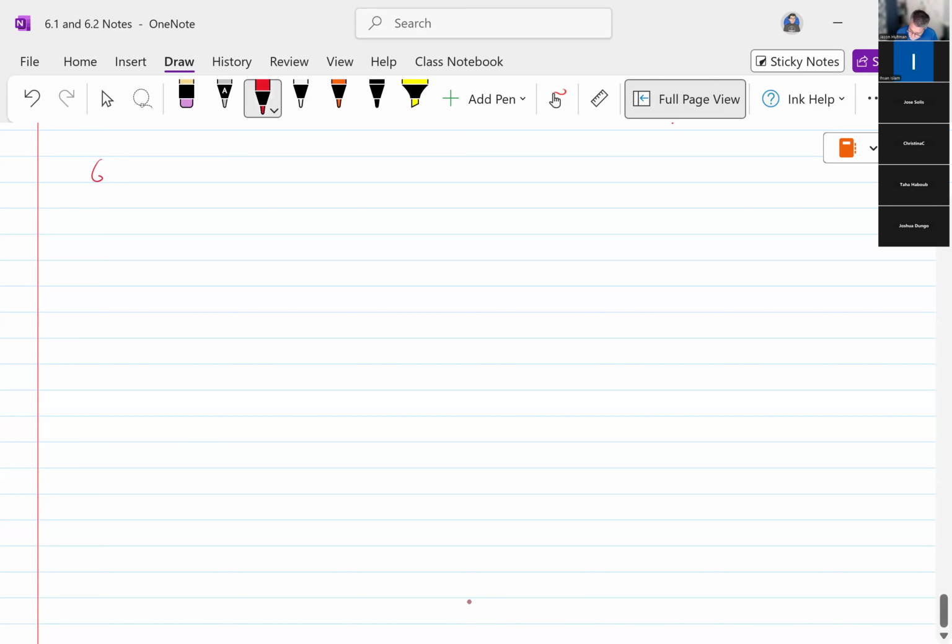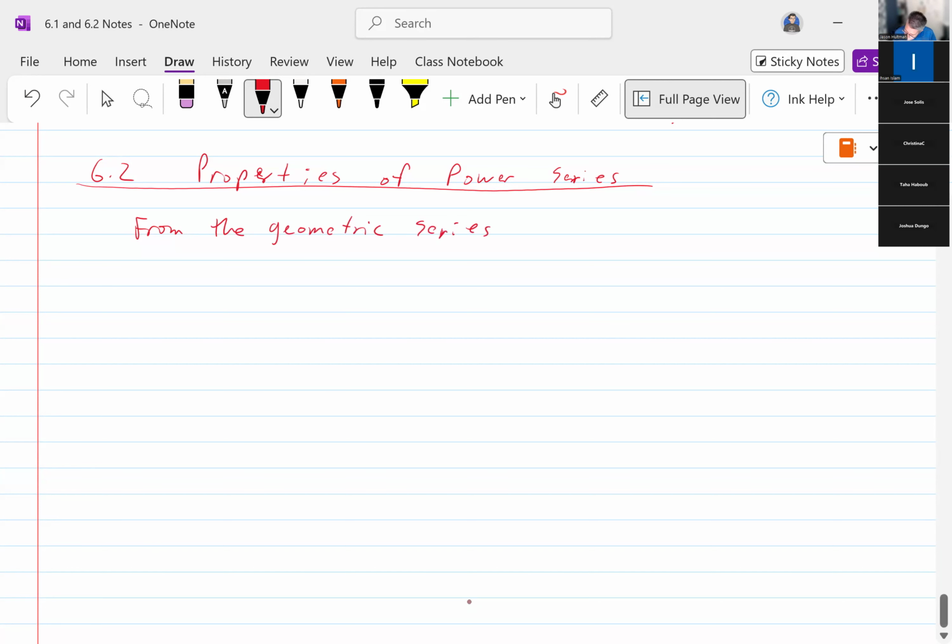6.2 is properties of power series. From the geometric series, we can derive